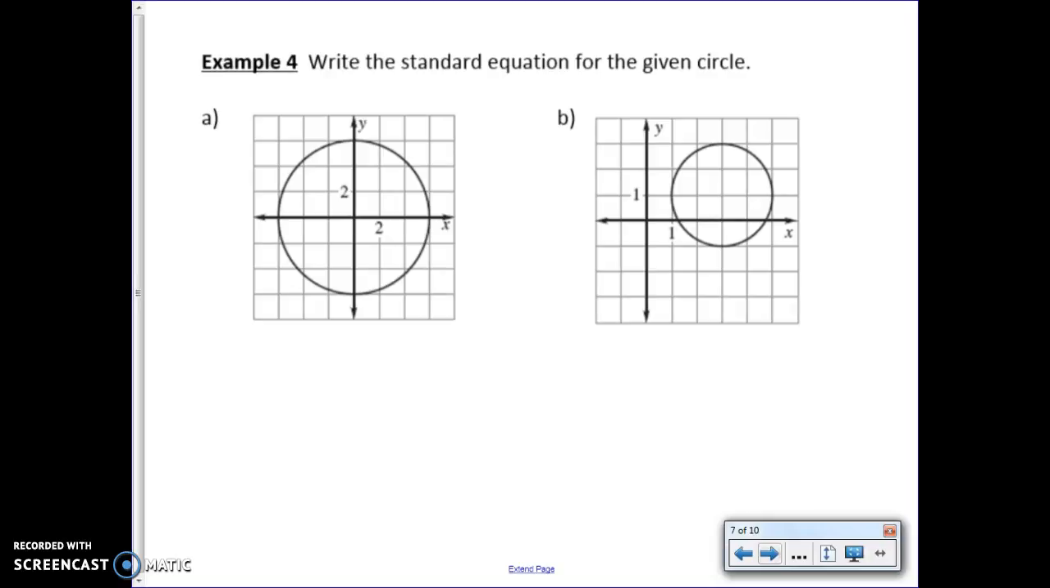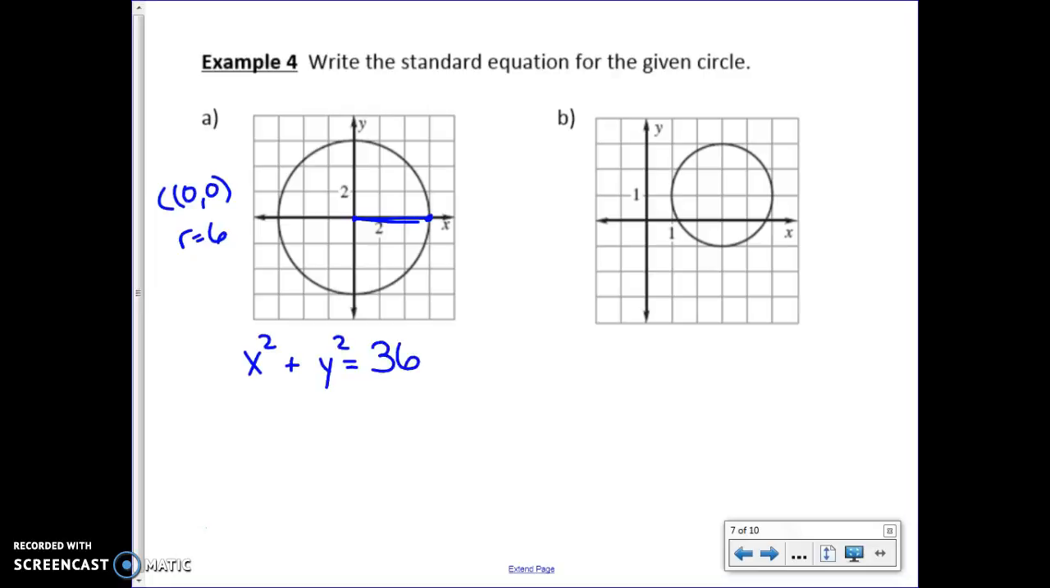So example 4 says, write the standard equation for the given circle. Well, we're going to use the same process we did before. Our center here is at 0, 0. Our radius, be careful of your scale here, we're going out a distance of 6. So our radius is 6. So when we write our equation, we have x squared plus y squared is equal to 6 squared, which would